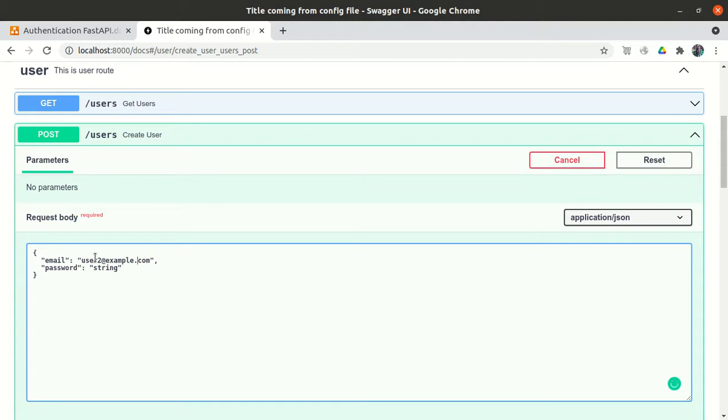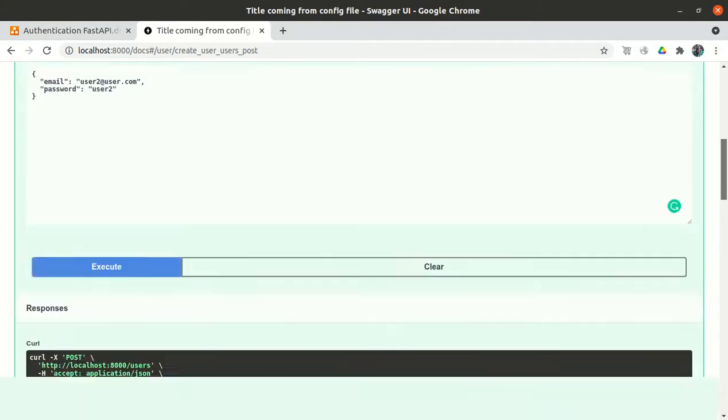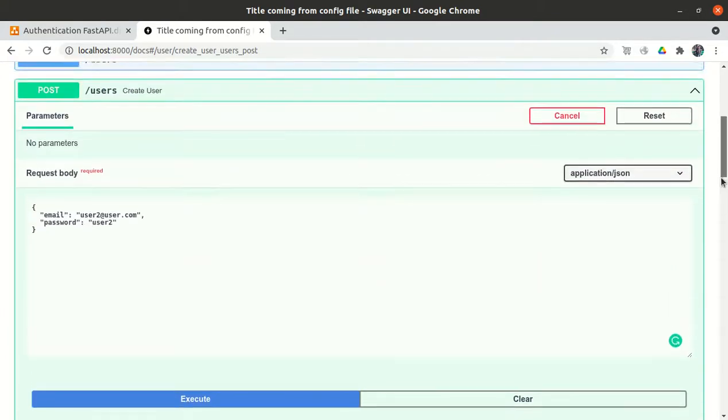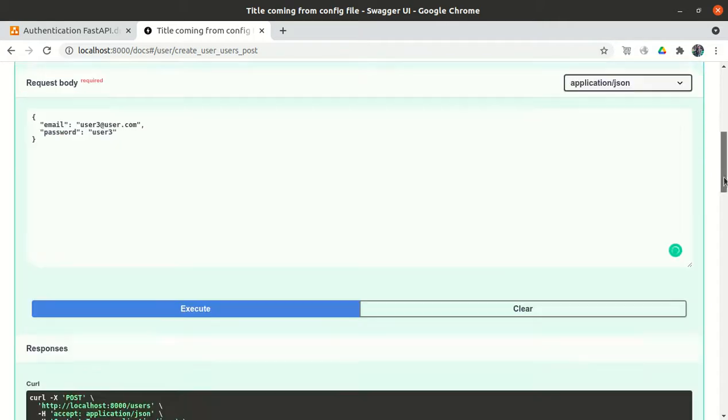User2 at user.com and password is user2. Okay, let me create it. So user2 has been created. Let me create user3 as well. So user3 also has been created.